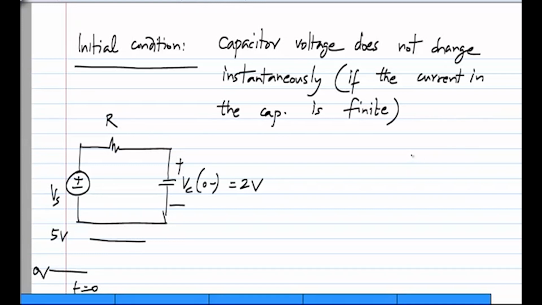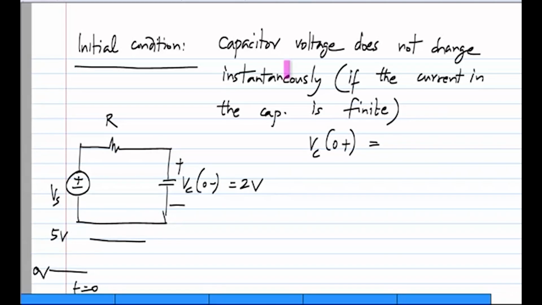Now, first of all, the value of the capacitor voltage, if you wanted to find the initial condition on the capacitor voltage, that is just after the step, which is indicated by 0 plus,